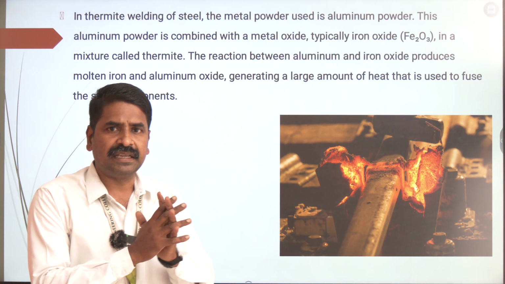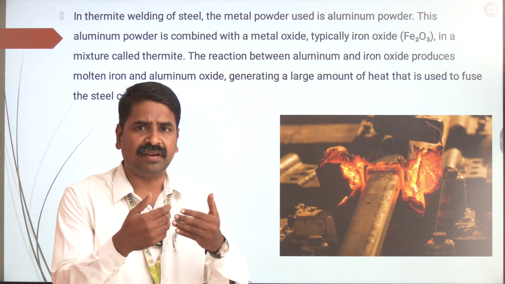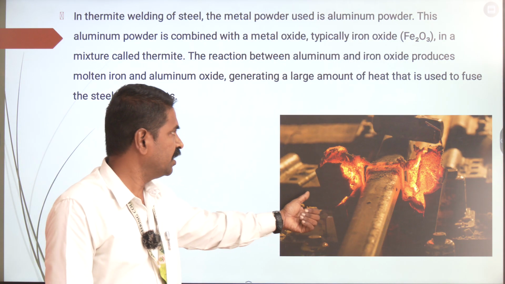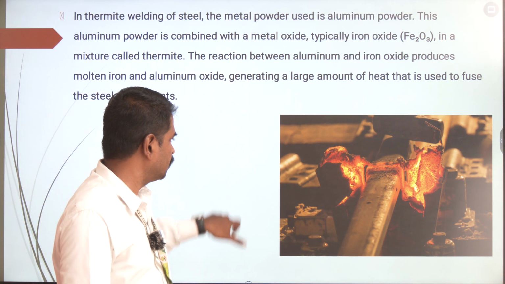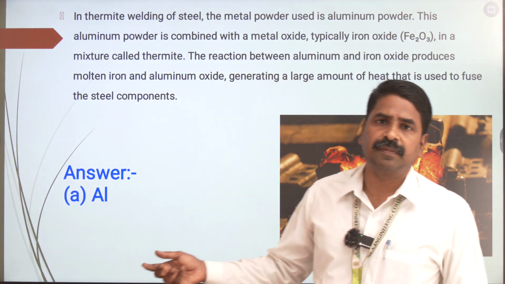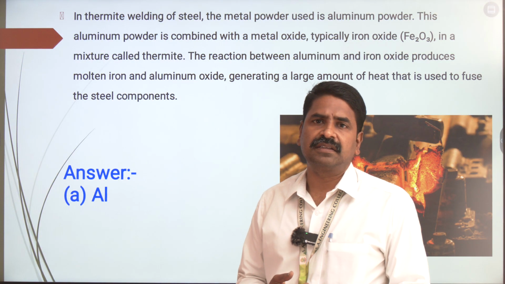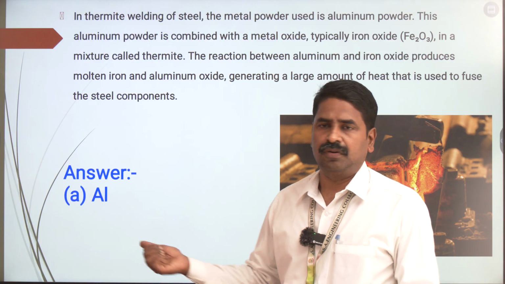So thermit welding is a welding technique which is exclusively used for joining railway lines with one another. And the answer for our question, what type of powder you are going to use, is very clear: you are going to use aluminum as the metal powder. So option A is going to be the correct answer. It is going to be aluminum powder. Next,